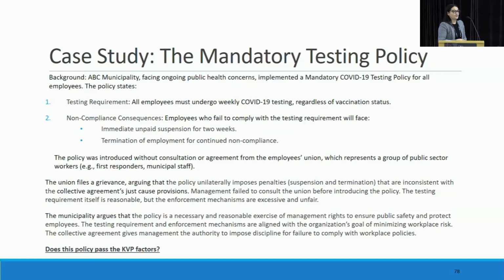That's great. She said, wasn't it mandated by public health? The Labour Relations Board, or the arbitrator in this case, actually divided the decision into two parts. They found that the mandatory policy for vaccination was allowed because it was a factor of public health. But the second element, which required termination, violated the collective agreement, because this collective agreement had a just cause provision. Since you can only terminate for just cause, putting in an automatic termination goes against the collective agreement language.